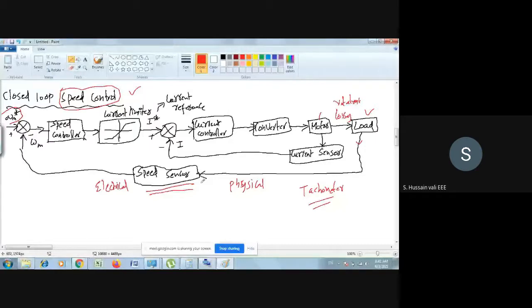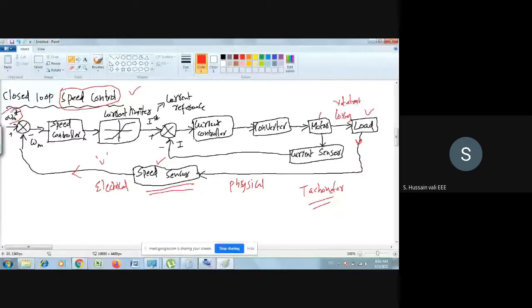So now it's a closed loop speed controller. Every time you sense the speed, then you compare with the set value. Now you see here the load is there. This load speed will be sensed by the speed sensor. Then the speed sensor output goes to the error detector. I told you already, everything is an electrical signal, not the speed signal. So this speed will be converted into some electrical signal, maybe some certain voltage, 1 volt, 1.1 volt, 1.2 volt, something volt will be there. So that voltage goes to the error detector.